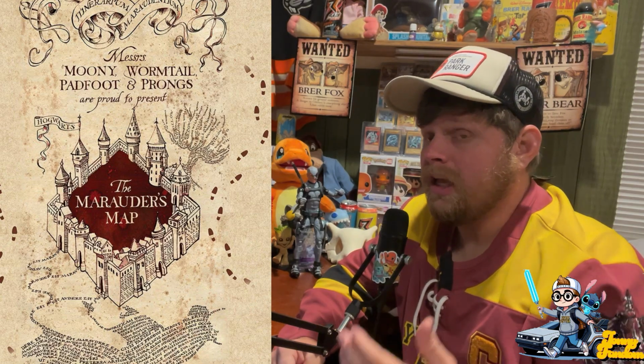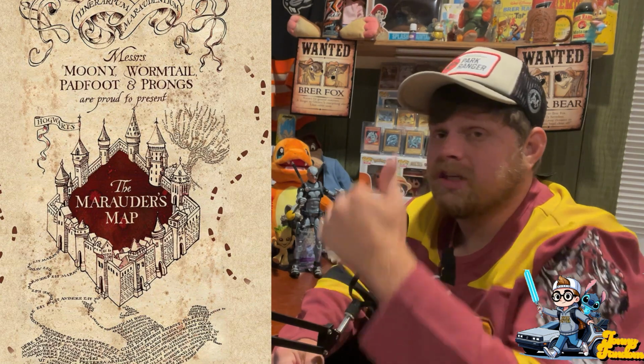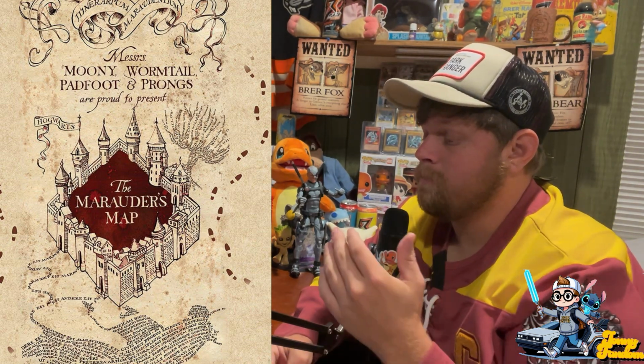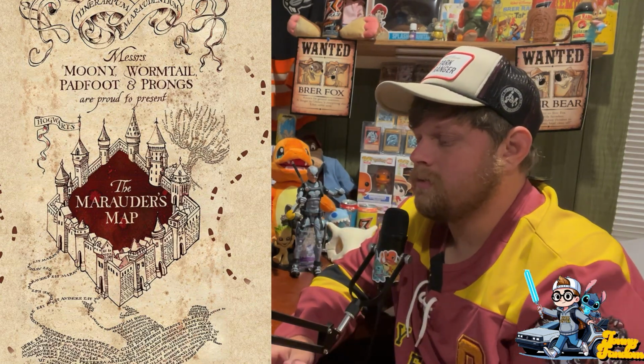But how did they get to track every single student, including students from the next generation? How does it pick up Harry? How does it pick up Ron? How does it pick up Hermione and all these other students that weren't around at the time when they created the map? Well, we know this because of what Hagrid